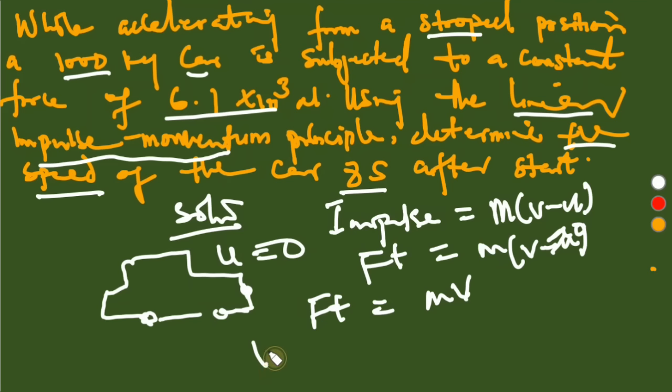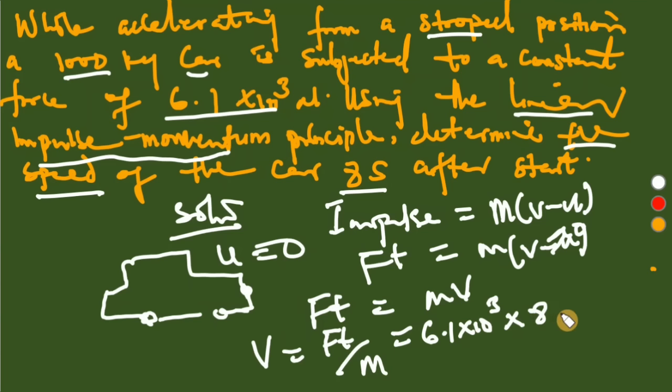If we make v the subject of the formula, we have Ft upon m, and F is given as 6.1 times 10 to the power of 3, and time is 8 seconds. Of course it's in its SI unit, so we don't have to do any conversion. The mass is still in its SI unit, 1000 kilogram. If we do this math, we have approximately